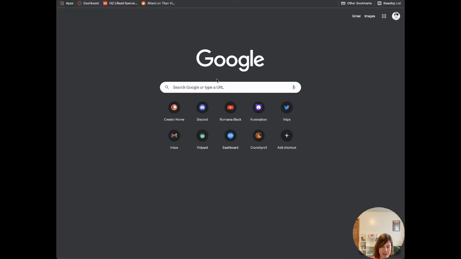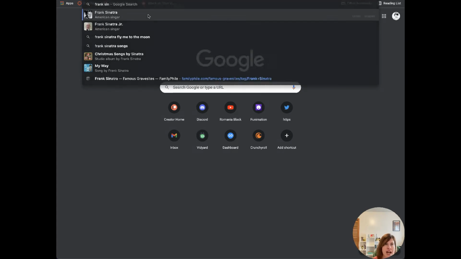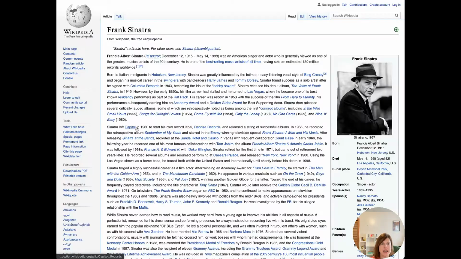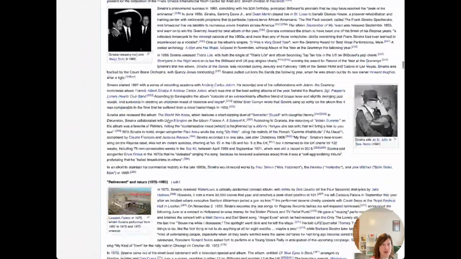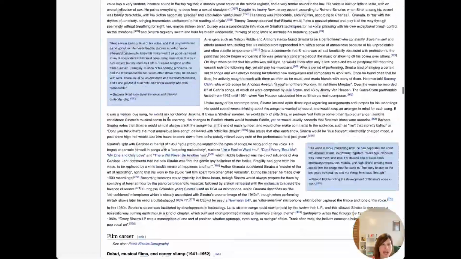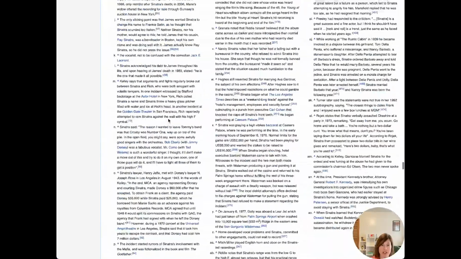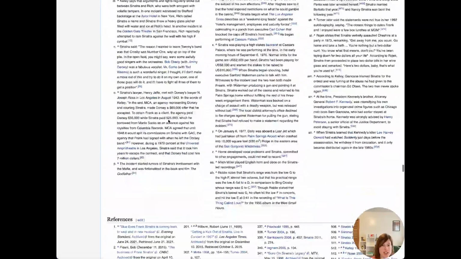Don't use Wikipedia. If you are somebody that gets on Wikipedia to find out basic information, then what you can do is, if I look up Frank Sinatra, for example, let's say I start with Wikipedia. Then what you need to do is go to the very bottom of the Wikipedia article, and this is a long article because Frank Sinatra has big history. From there, you'll see all of these sources, okay?